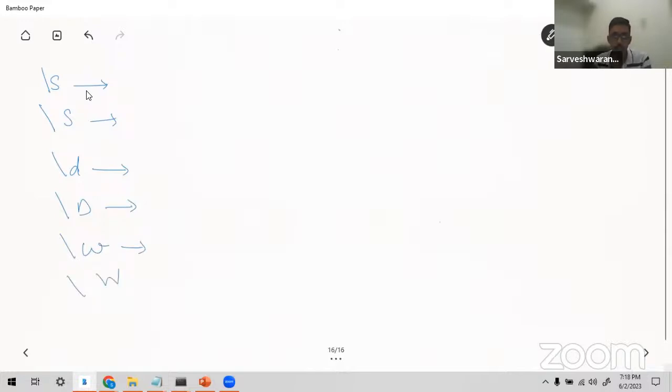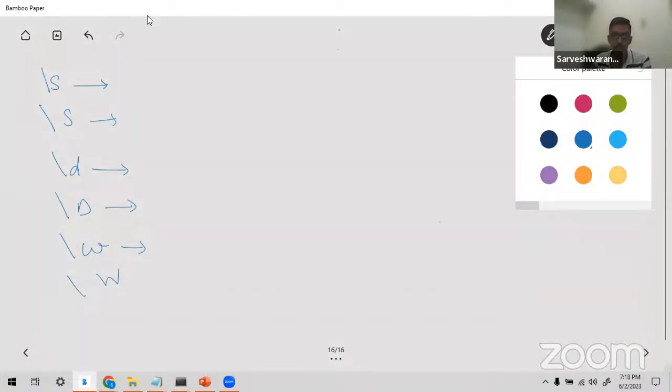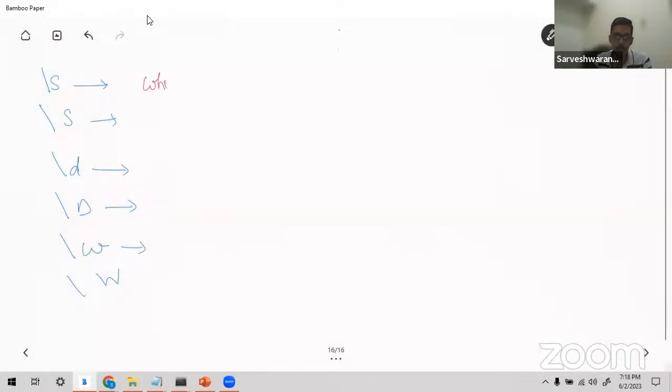So if there is any white space present, or in other words, if you are going to use backslash escape sequences, you'll use escape sequence t, escape sequence n, escape sequence r, f, and v, right?